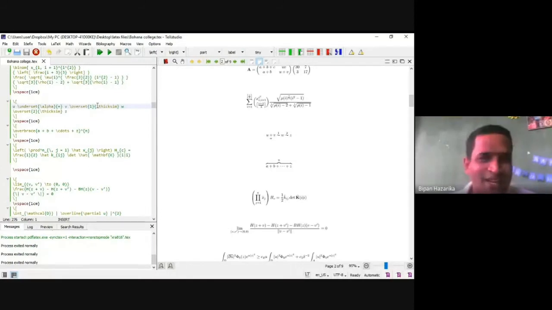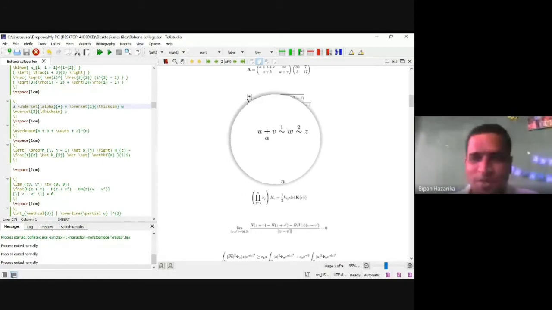Then overset 1 tilde similar, only one similarity sign is there, and similarly overset 2 tilde similar. So you get this expression.